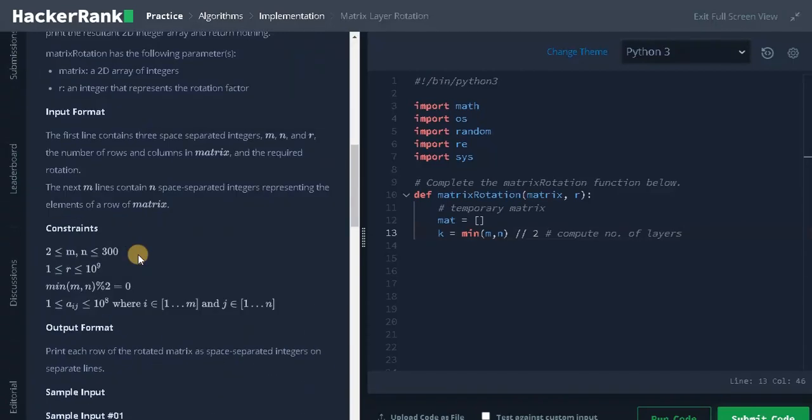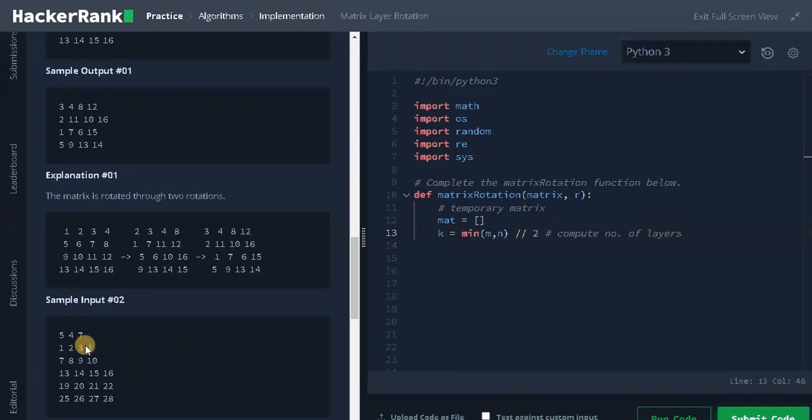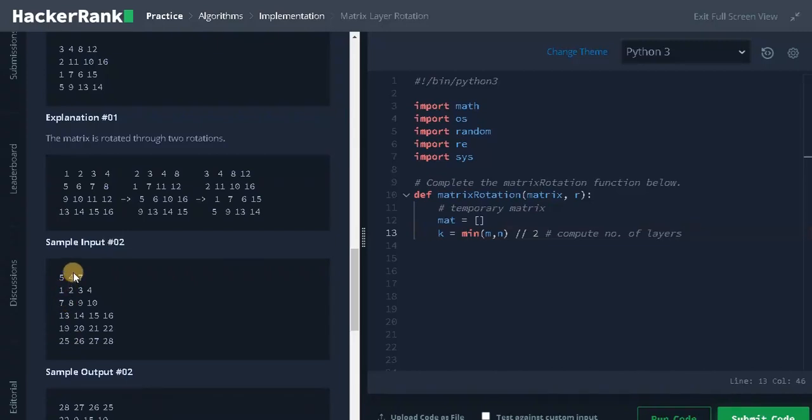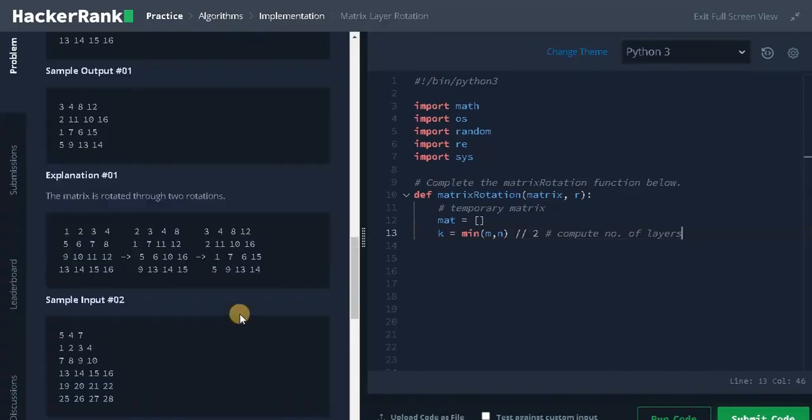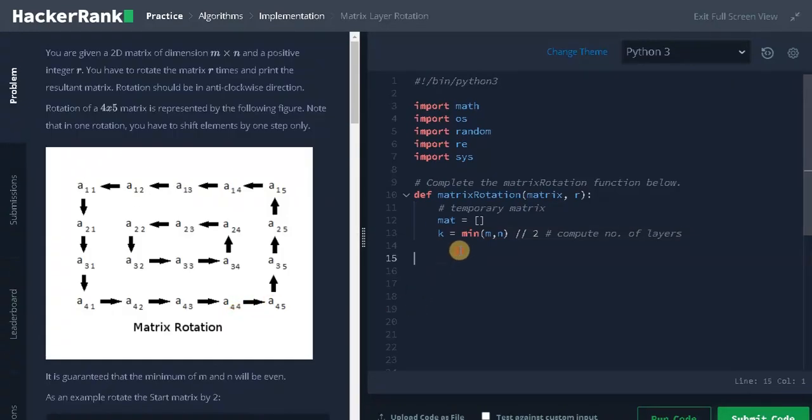Even for the 5 cross 4 matrix, like we saw here, we will take the minimum, that is 4, and divide it by 2. The result is 2. We have 2 layers. This will be the first layer and this will be the second layer. After computing the number of layers, we need to initialize a for loop to get elements from the layer.